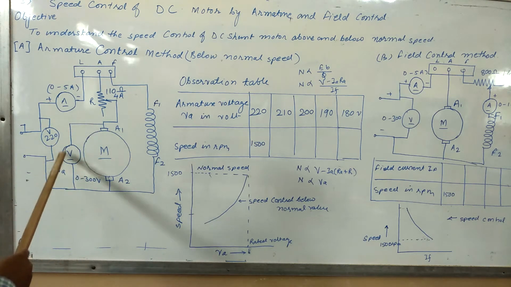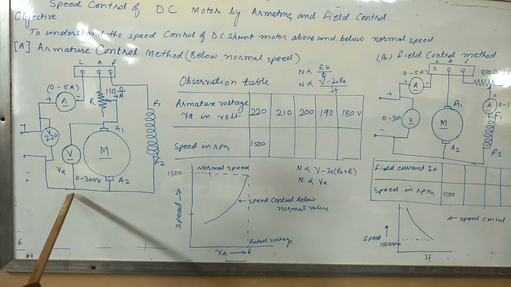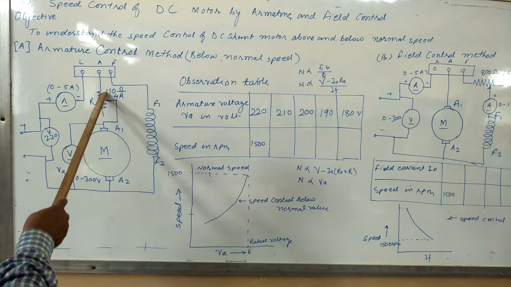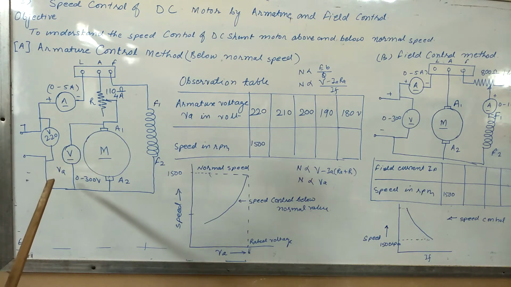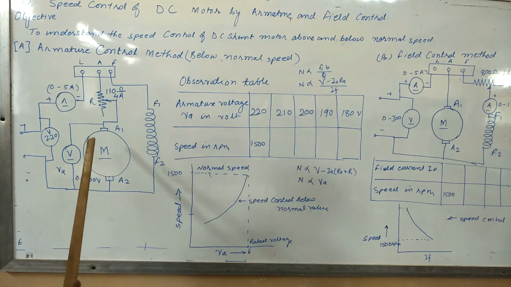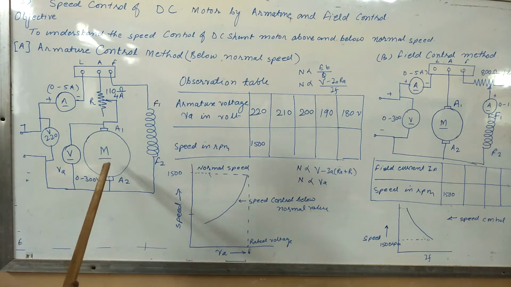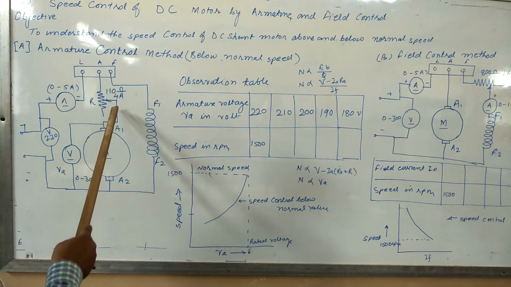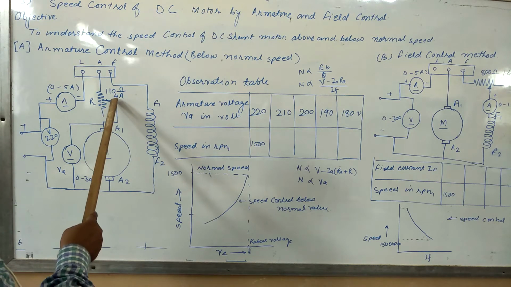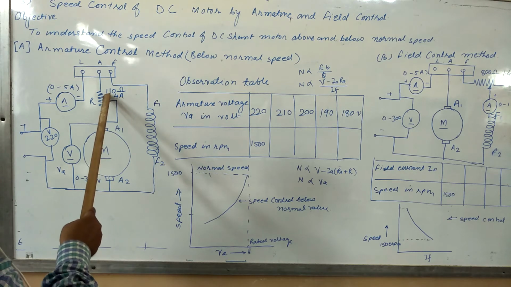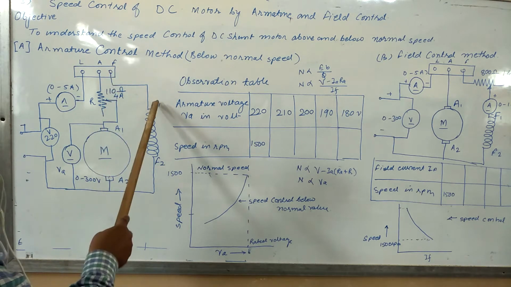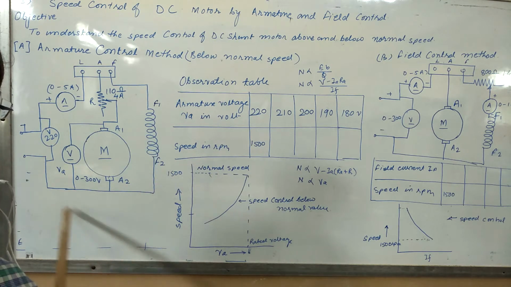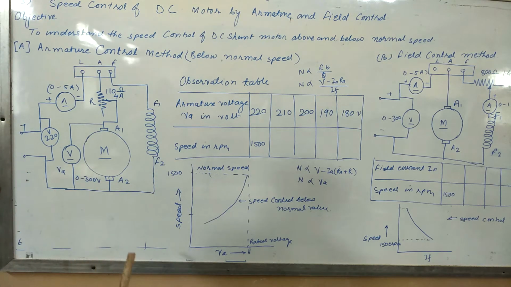We have connected a voltmeter across the armature to measure the voltage. If we increase the resistance value, the voltage across the terminal decreases. Now, for the selection of the rheostat: as the armature carries more current, you have to select a rheostat with a higher current rating, say 4 ampere and 110 ohm resistance. Field terminal F1 is connected to the positive and F2 is connected to the negative. This is the description of the circuit.